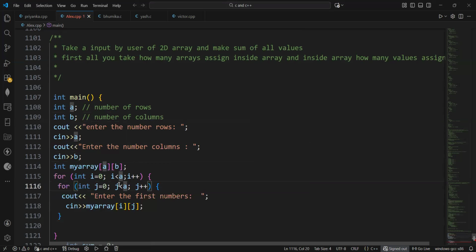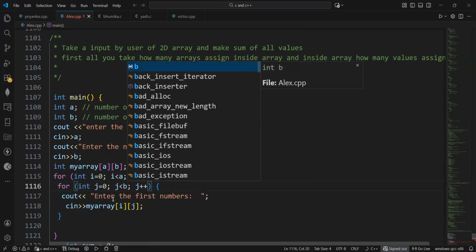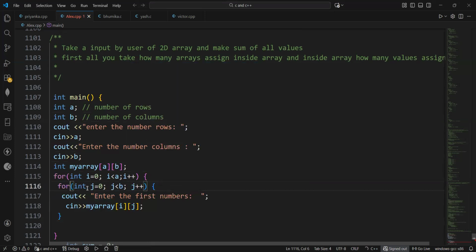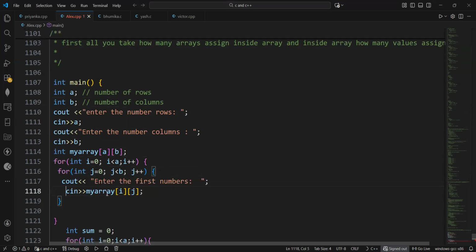This is for the I, and this is for the J. This is the inner one, and this will be your outer one. And then here put the I and J value, and one by one you can insert it here. One thing I also do here: enter the first number. I write the first number, enter the number, and then I also make it